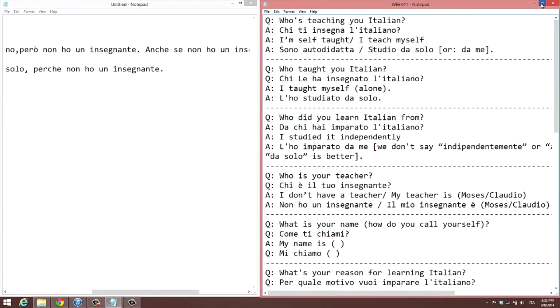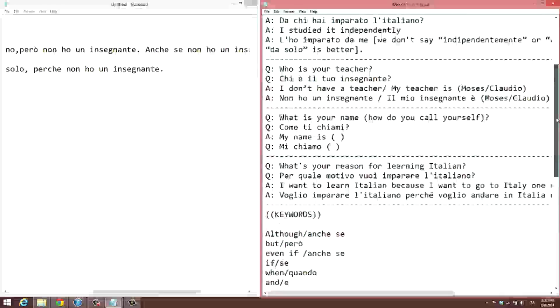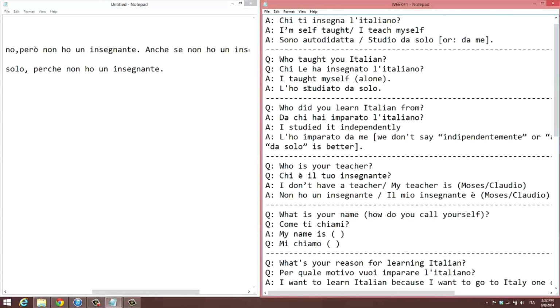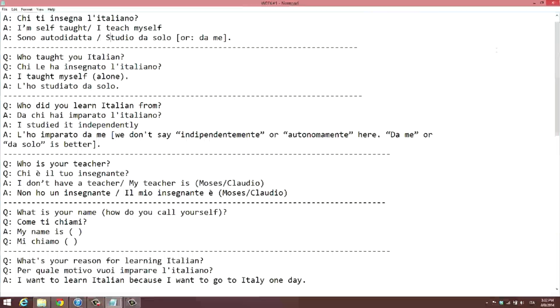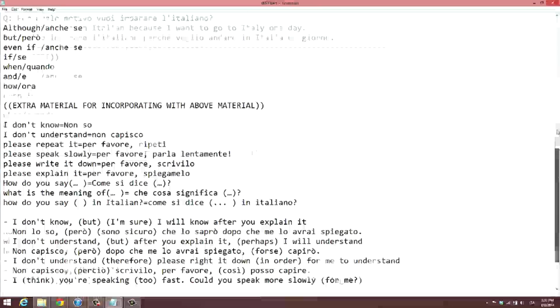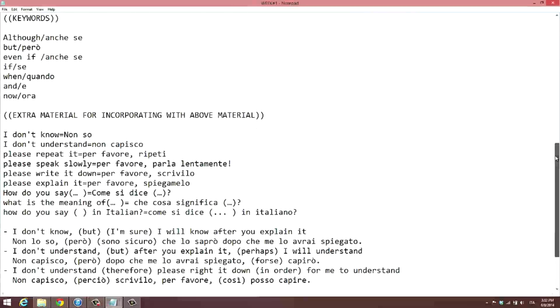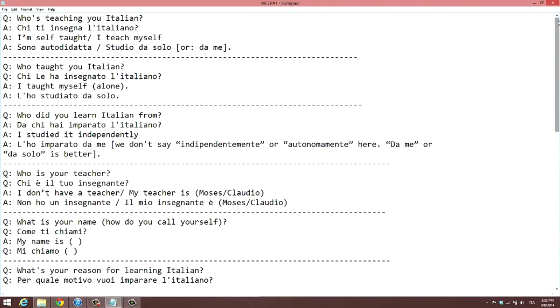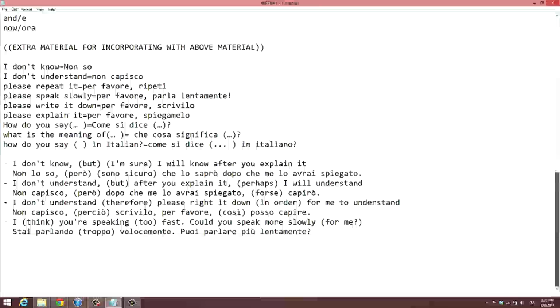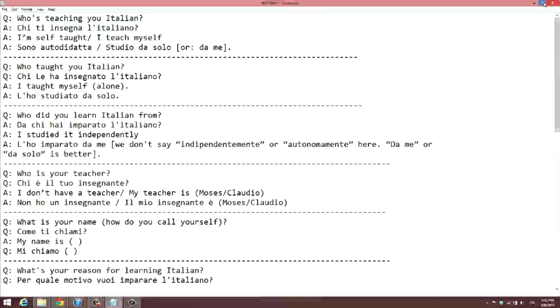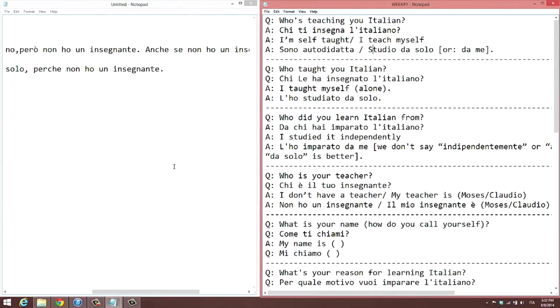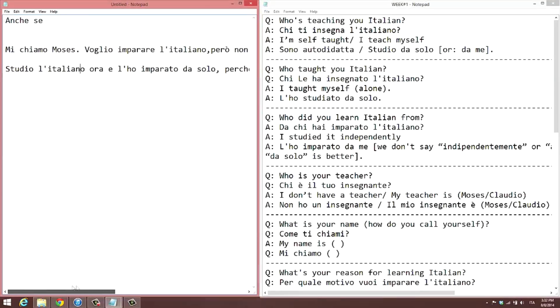So you just have to look at the list carefully and see how you can be creative with everything. Get a lot out of week one, a lot out of this list for the entire week, and then you go on to the next week and do the same thing. So if you're very creative, you'll get a lot out of this exercise. So that's basically it. That's how you create your sentences during the week using the keywords, incorporating the keywords with the questions and answers, and the extra material at the bottom.